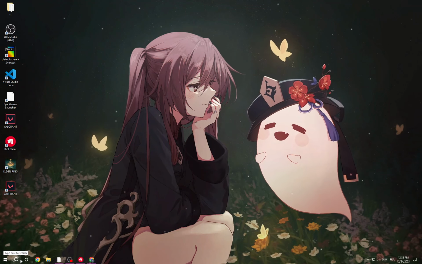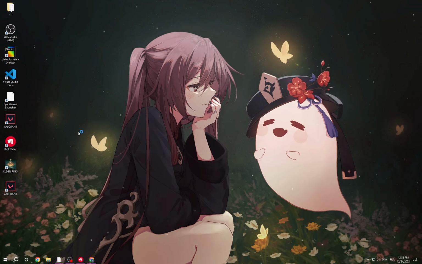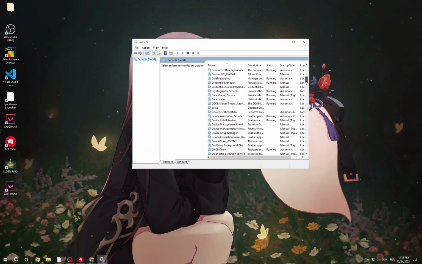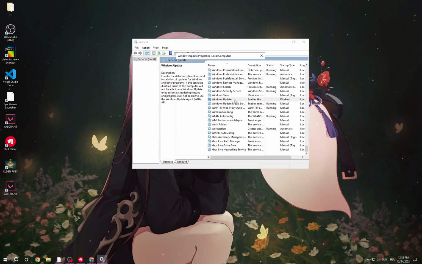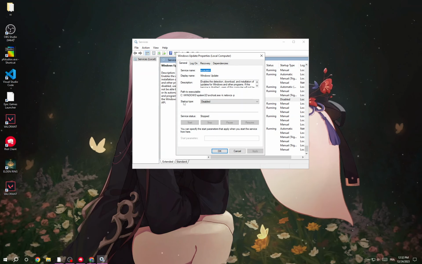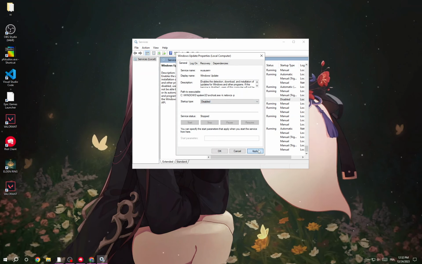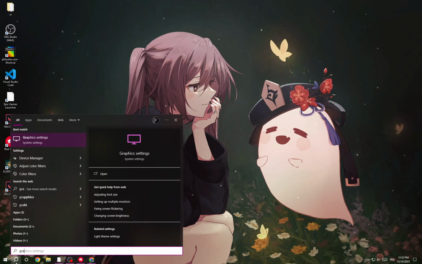First click here and then type services. Now scroll down until you find Windows Update, double click on it, make sure server status is stopped, and startup type make it disabled, click apply and OK and go back. And after that go to graphics